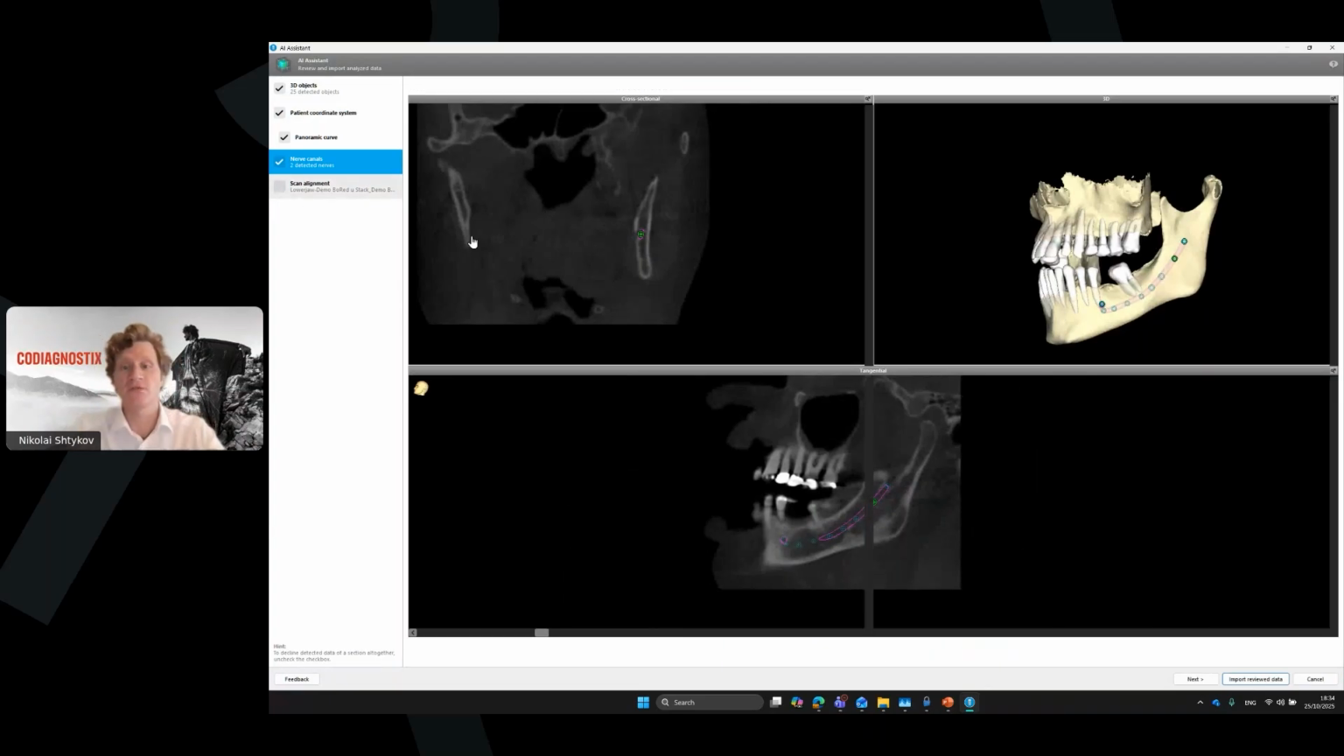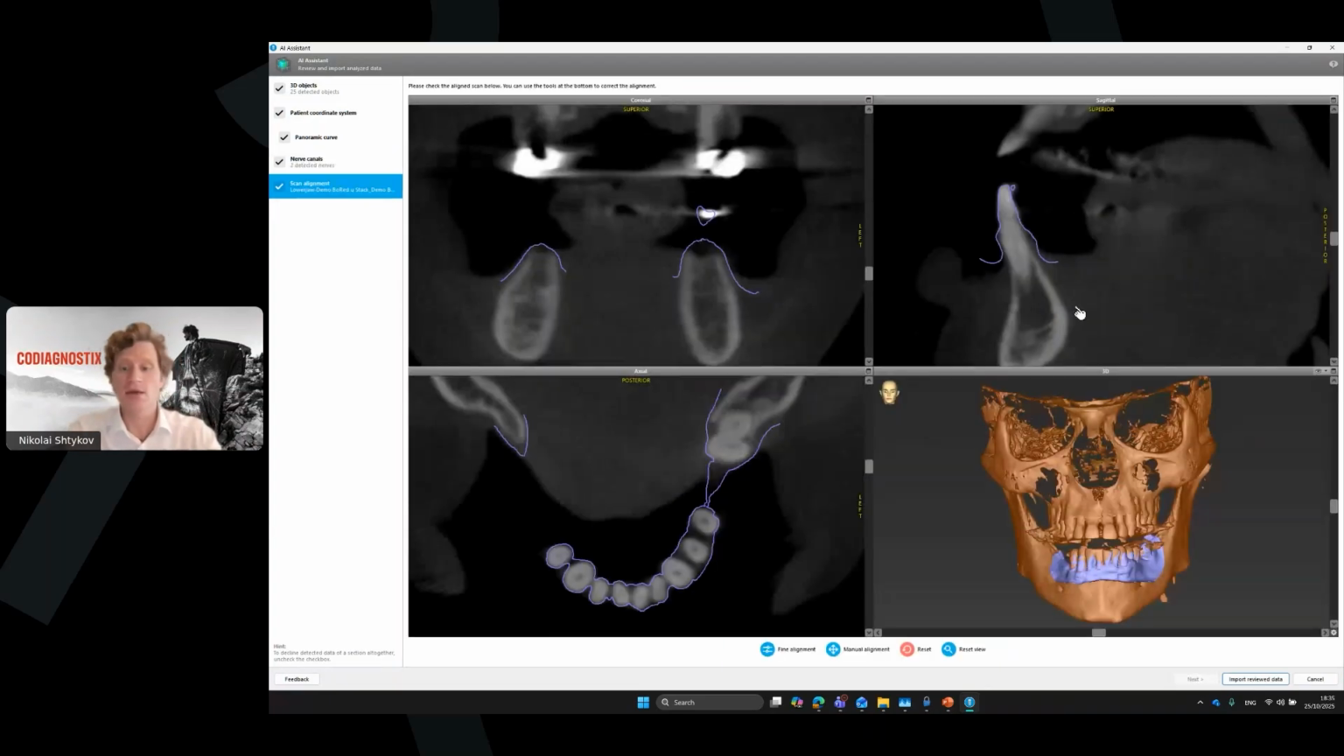And a very nice feature is that AI Assistant can make the alignment of our scans. This is a very important step when we do our alignment. How the alignment has been done here will affect the final result, because if the alignment is not correct, your surgical guide will also not be correct. And this is a very important step. You still have the option to do this manually, but I highly recommend